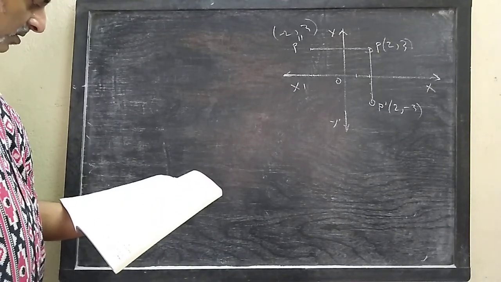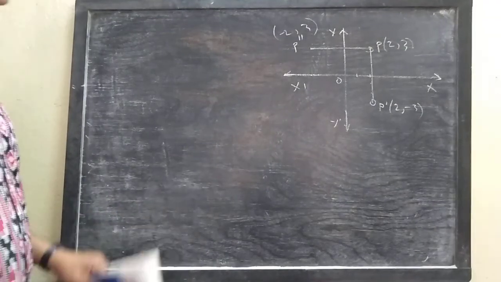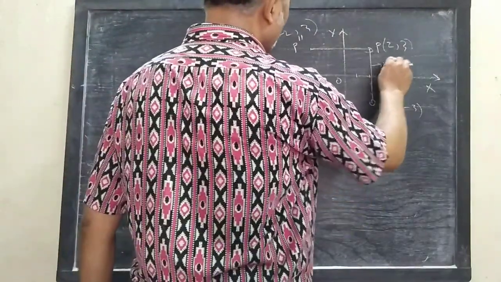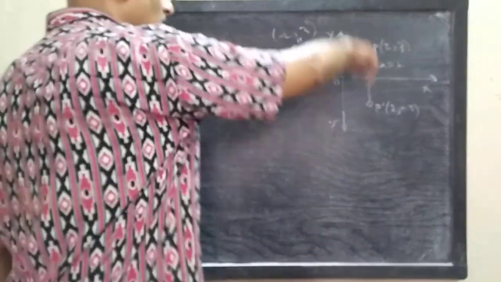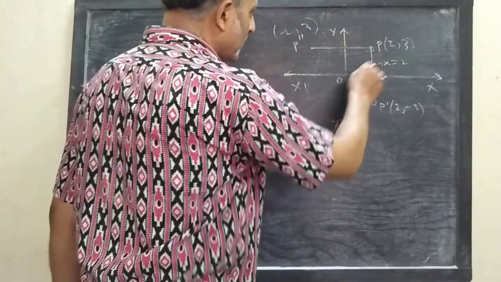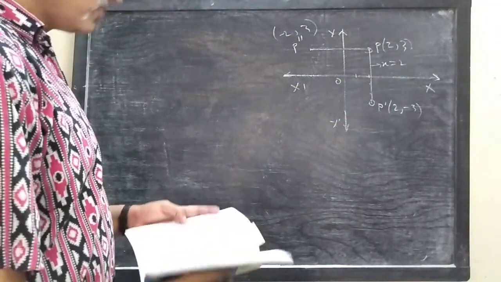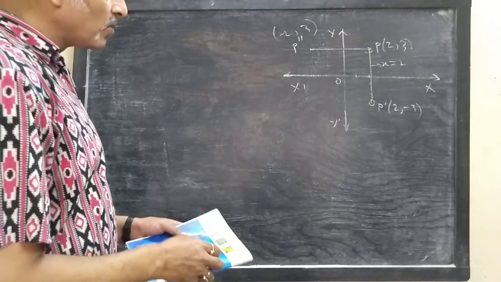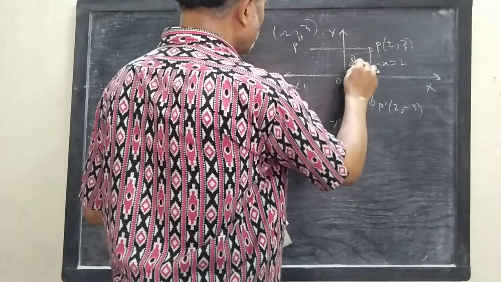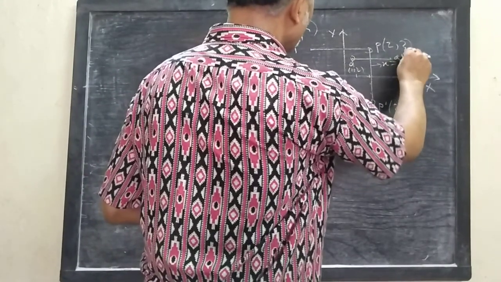Then the coordinates of image Q dash of the point Q 1, 2 in the line PP dash. Now look, the line PP dash is this. What is its equation? Its equation is x equals to 2. Why x equals to 2? Because all the points lying on this line PP dash have their abscissa 2. Why abscissa is 2? Because all the points are the same distance from y-axis, and this is 2 here. So now we have to reflect the point Q 1, 2. 1, 2 will be here. This is Q. 1, 2 in this line. So you get image here Q dash.